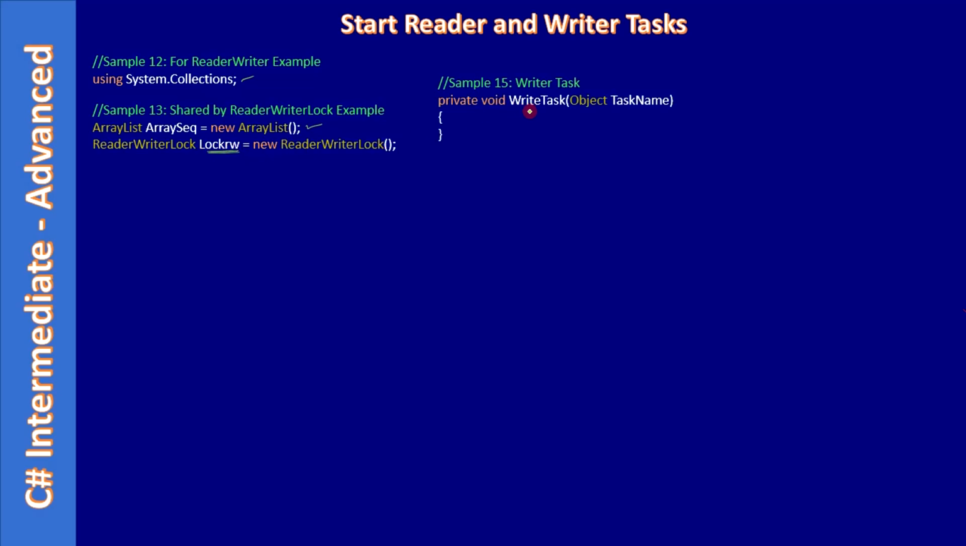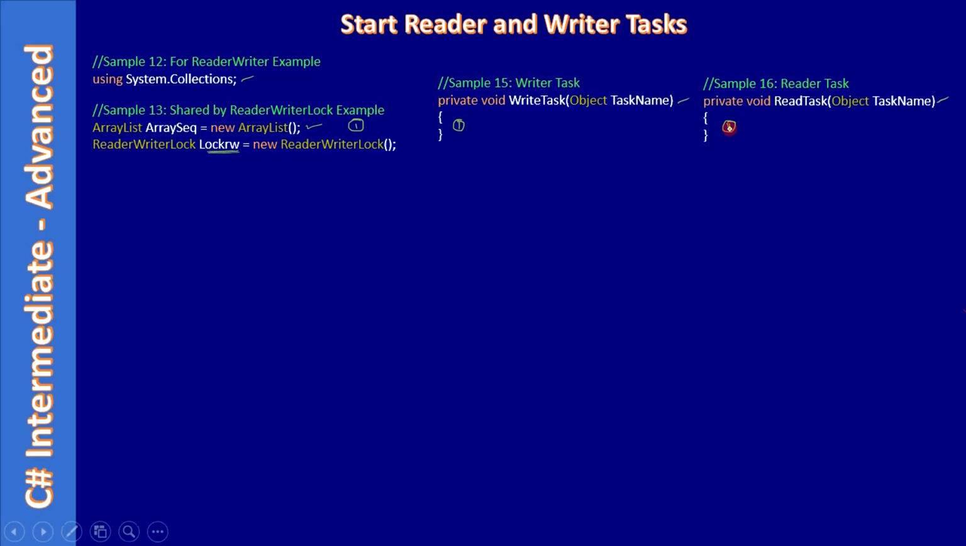Right. Then we have dummy implementation for write task as well as read task. So we will use this later. For now we just created a dummy implementation for the writer task as well as the reader task. Ultimately the writer task will make use of the array list here. It will start writing the array list, and here the reader will start reading the